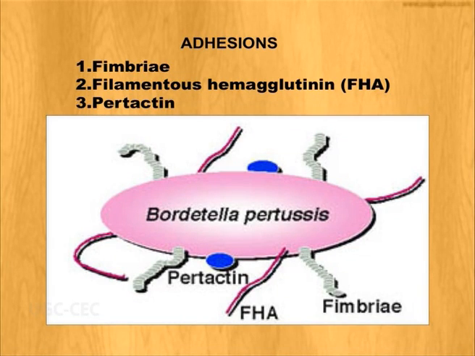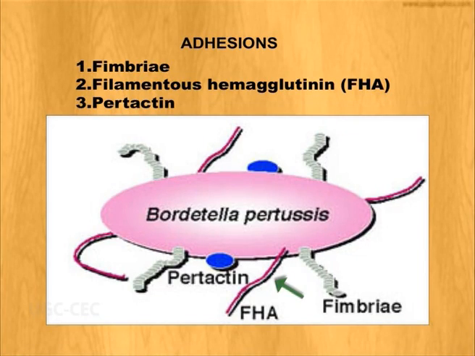First, there are certain adhesins, meaning how the organism adheres to the host cell. The three important ones are fimbriae, filamentous hemagglutinins, and pertactin, which we can see here. This is the fimbriae, this is the filamentous hemagglutinin, and these are the pertactin. Basically, fimbriae and filamentous hemagglutinins are very important, and the fimbriae are meant solely for attachment. They are not seen to be antigenic, or as such do not have much role in bringing about the disease. It is meant for attachment.